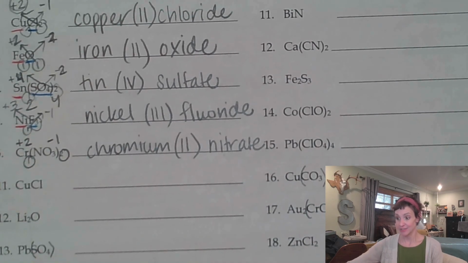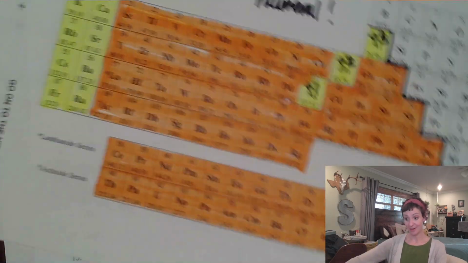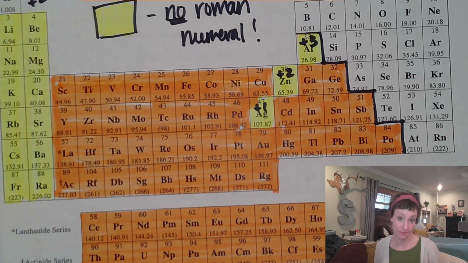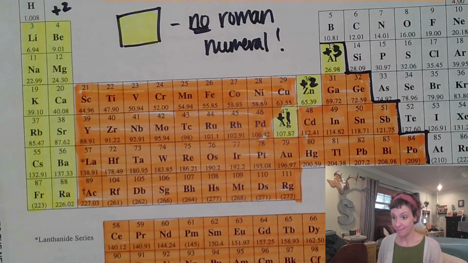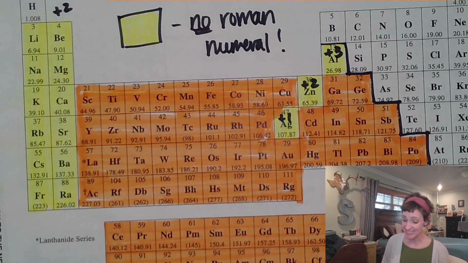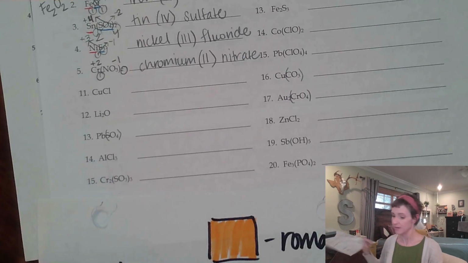Okay, we did a little bit of a lot. So there are a lot of metals who could potentially need these Roman numerals, like a lot of them. Let's be honest here. So we'll be using them a lot, but only those metals. What that means is that if I throw a, let me see, where's my scratch paper? If I throw a